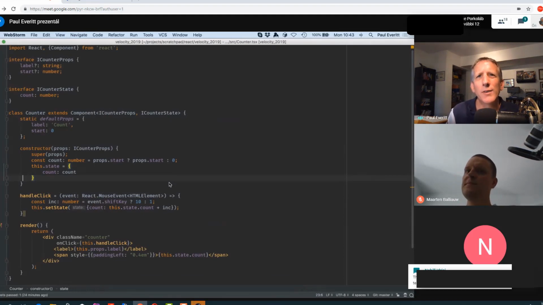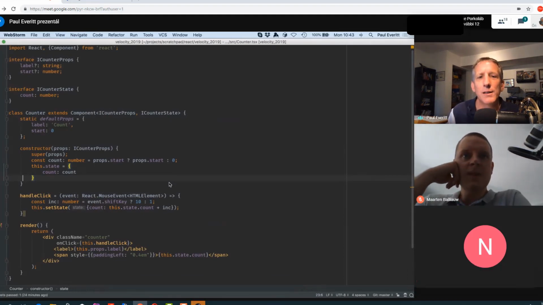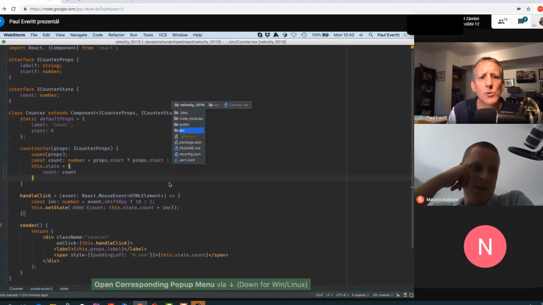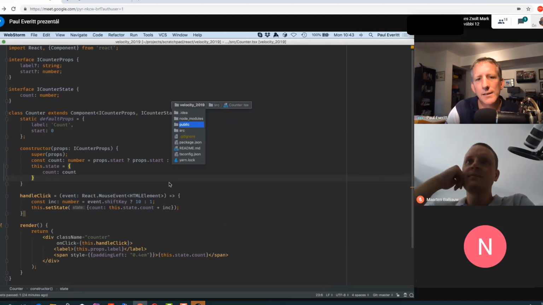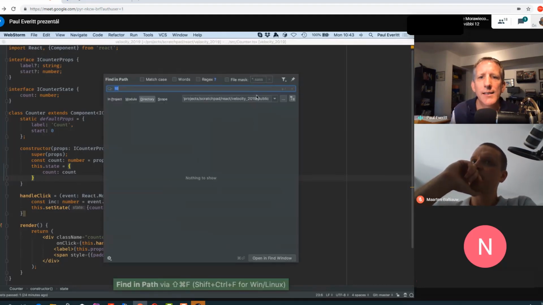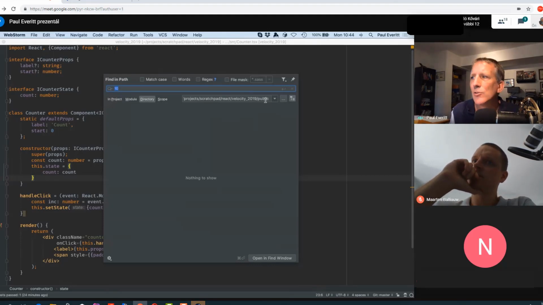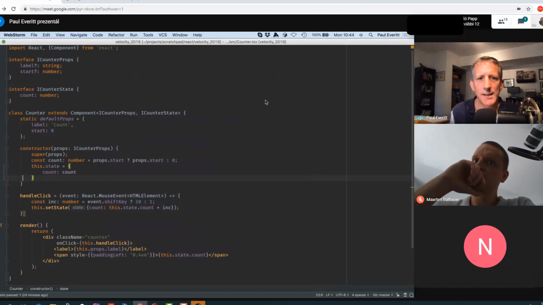I can do some of those kind of actions that are placeful, that take a place in your directory system. For example, find in path. So if I want to go up to maybe public and do a find in path from here, I'm sitting on public. And if I do find in path, which is Shift Command F, it will fill in that directory and do find in path from that location. So you can also do action kind of things.